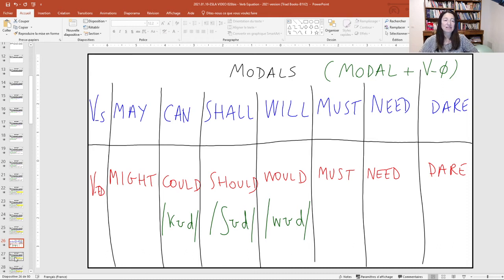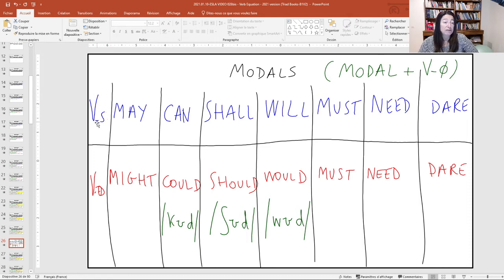So here's an exhaustive list of modals, and as you can see it is important to memorize the symbol modal plus V0 and to make sure that you put the verb base after a modal anytime you use one. And modals, like all the other tools, cannot work on their own. They need to be associated either with operator VS or with operator VED. And so here's a list of all the modals